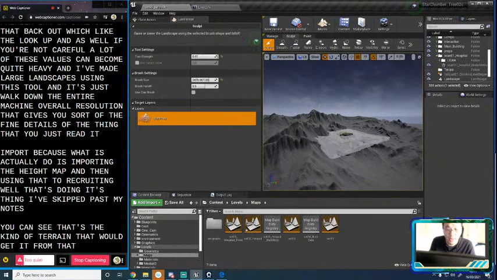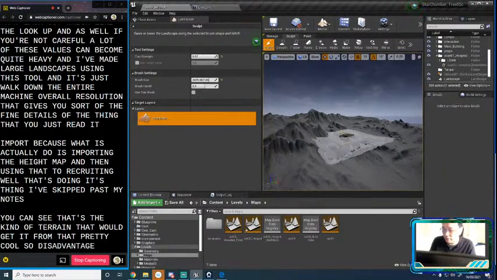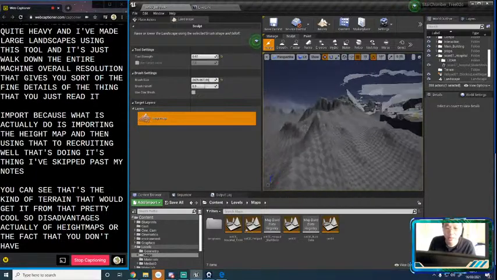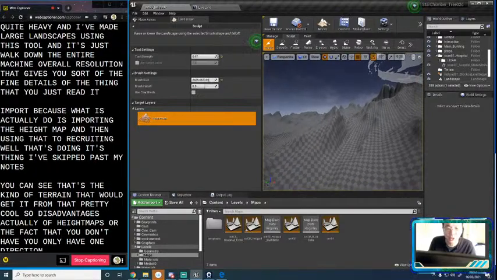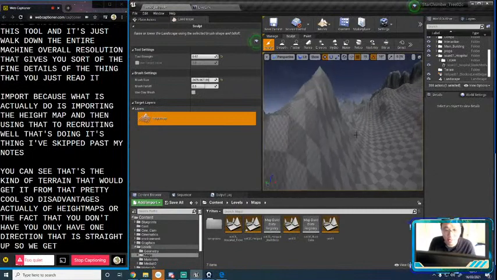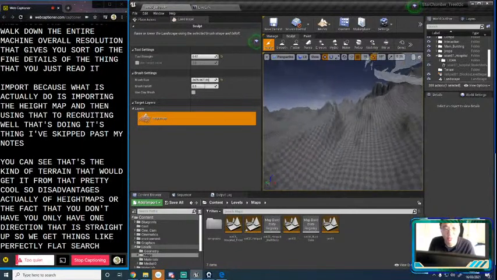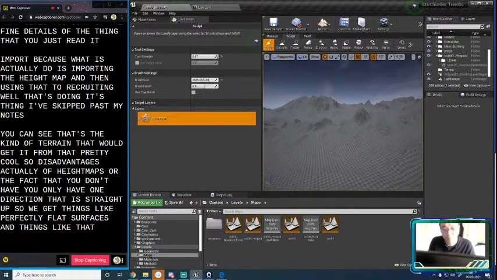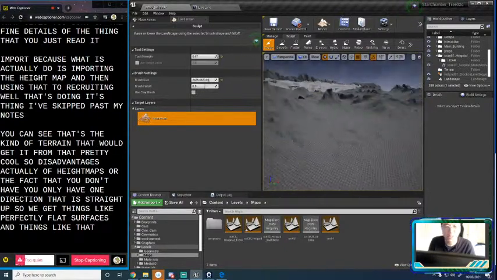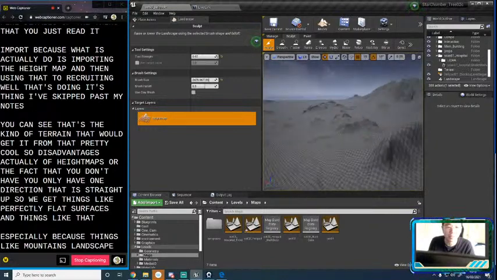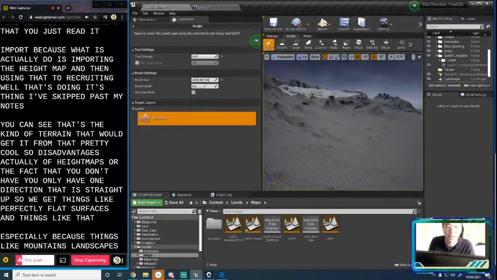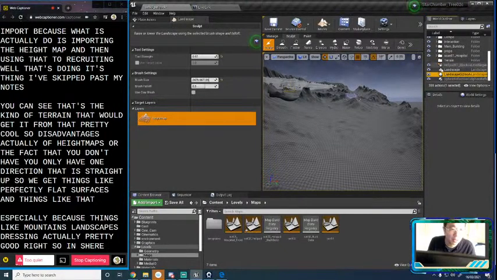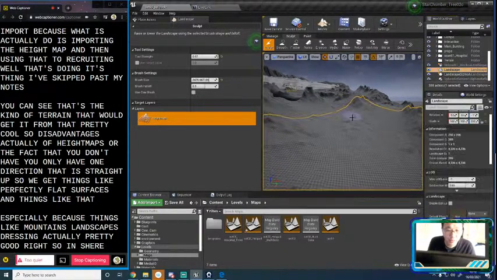It's pretty cool. So some of the disadvantages, actually, of height maps are the fact that you only have one direction that is straight up, right? So you get things like perfectly flat surfaces and things like that. But in terms of height map generation, especially because things like mountains and landscapes are usually distance sort of set dressing, it's usually pretty good, right? So in here, I think,